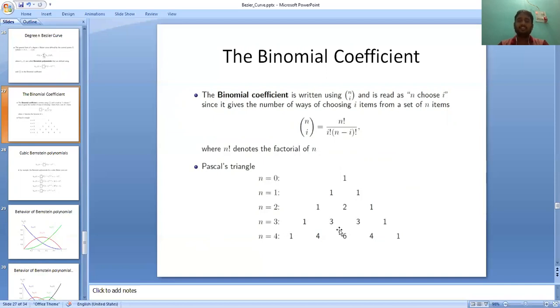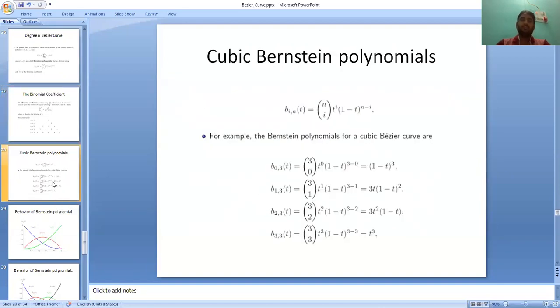Now this 6 can be calculated with the help of above two values, that is 3 and 3. This 4 can be calculated with the above two values 1 and 3. This 4 can be calculated with the help of above two values, that is 3 and 1. So what is this? This is nothing but a triangle form. You are drawing a triangle and you are calculating the value. So with the help of the Pascal's triangle, we can calculate the binomial coefficients.